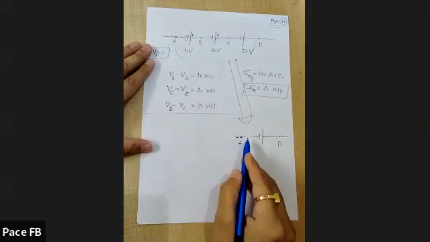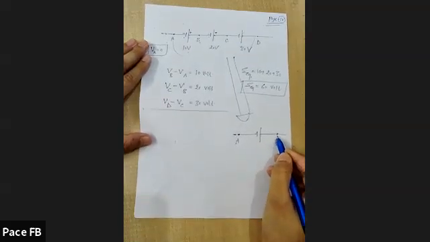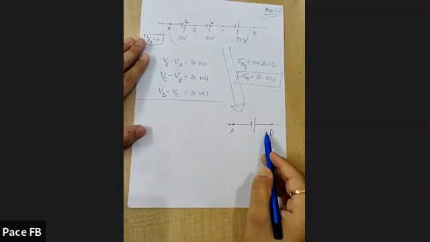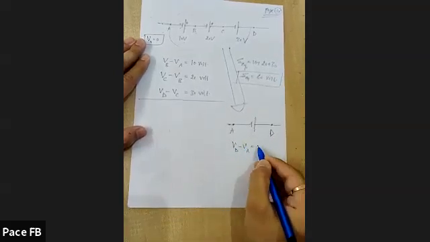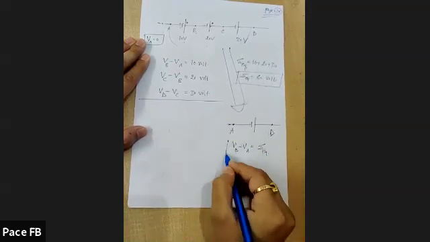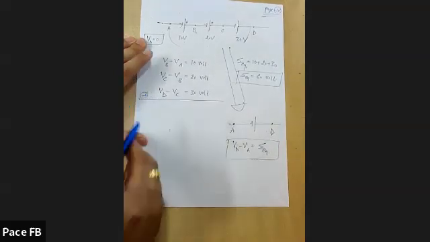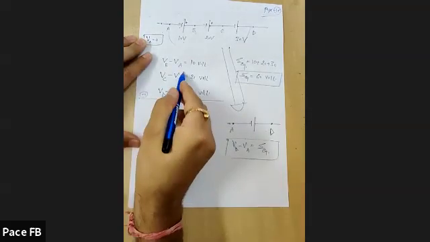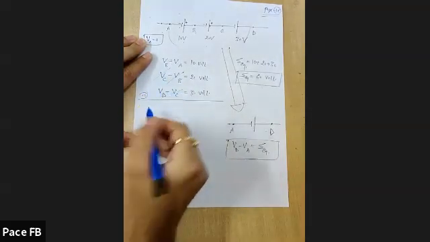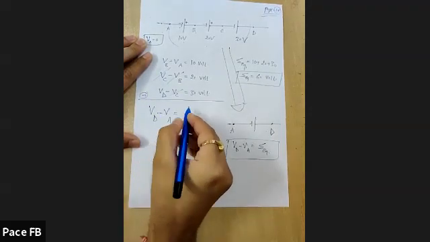So ultimately what I want to find out for this equivalent EMF, again D is at higher potential, so I want to find out VD minus VA, and that VD minus VA would be the equivalent EMF. Okay, so add all these three equations. When you add all these three equations, VB minus VB, VC minus VC cancel, so on the left hand side you will get VD minus VA, and on the right hand side you will get 60 volt.